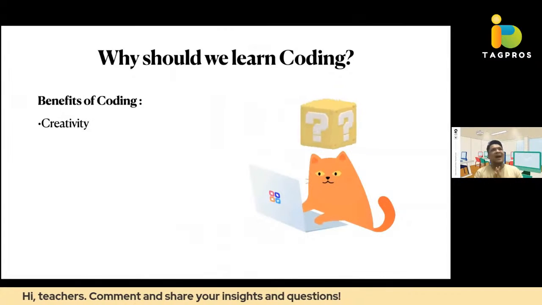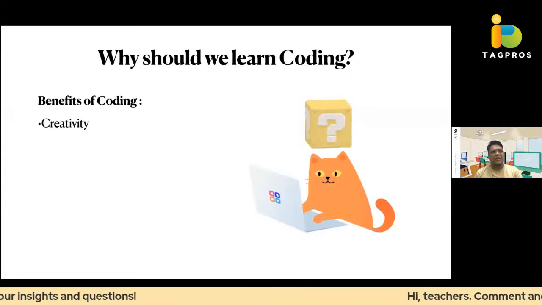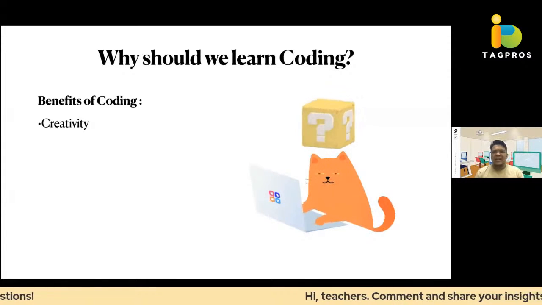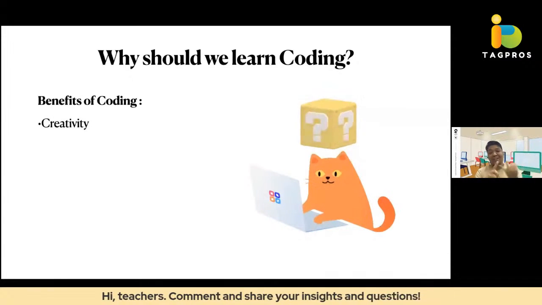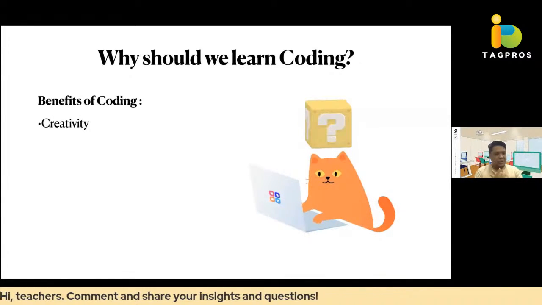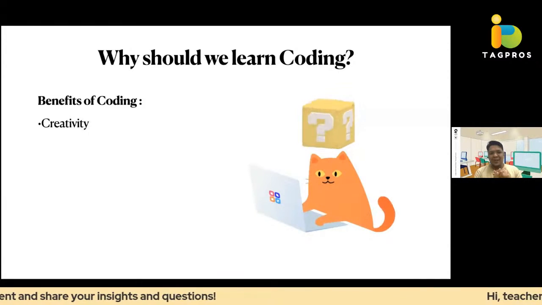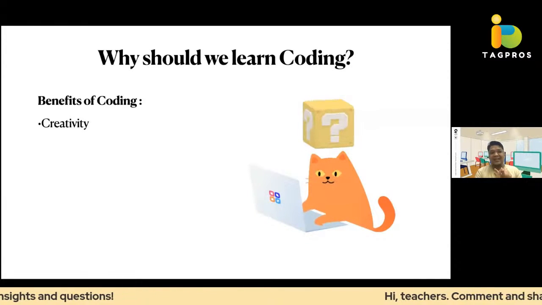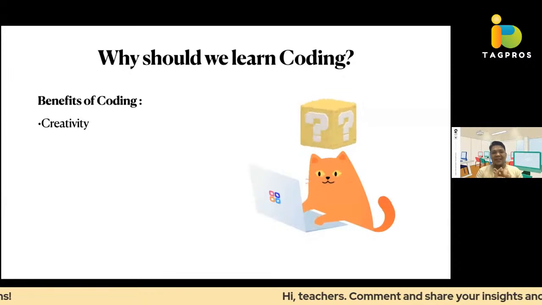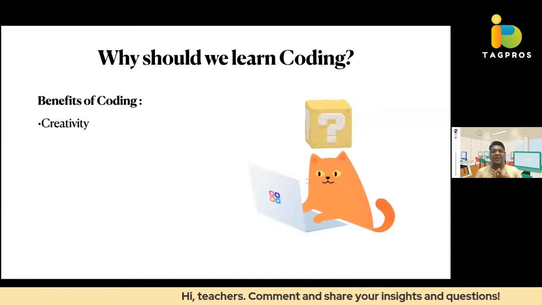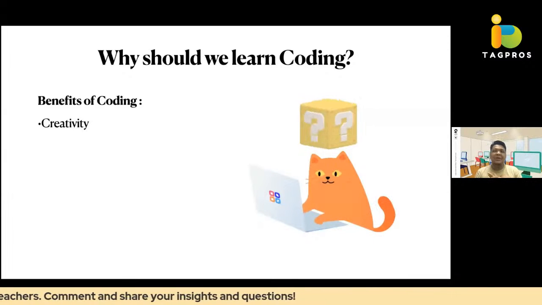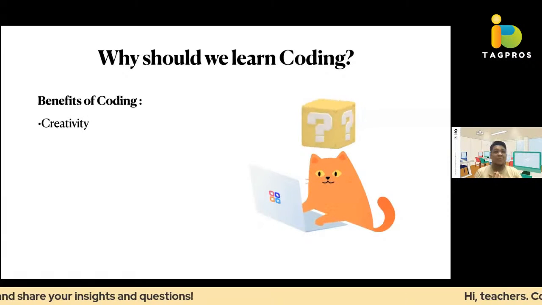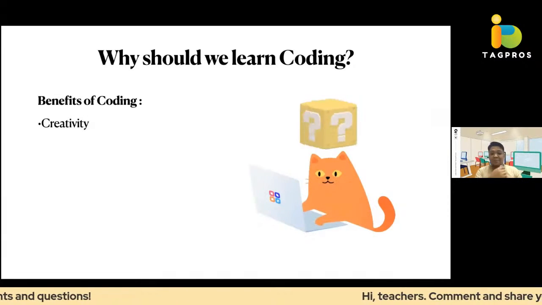For example, in coding, you want to create a game or an educational game. So you design your own character. You design the layout of your app. You design a storyboard if you're going to use coding in a story. And of course, you should also be creative when you execute or when you add the commands and the codes,